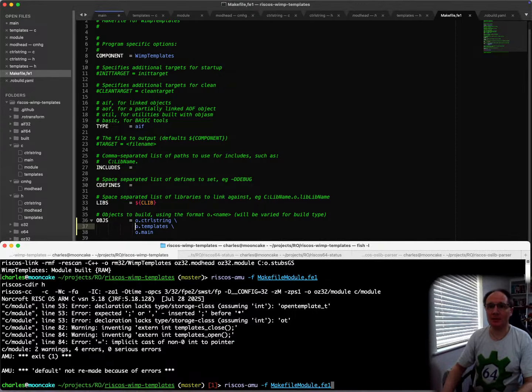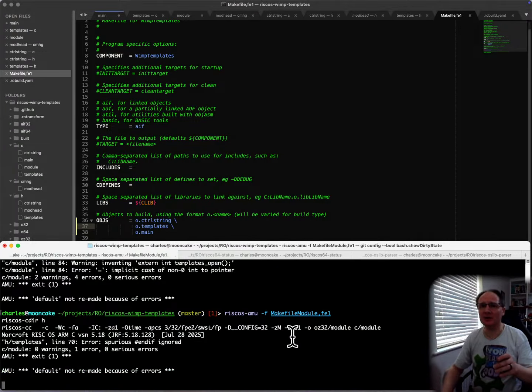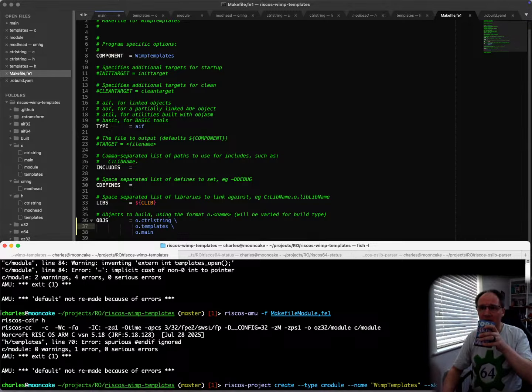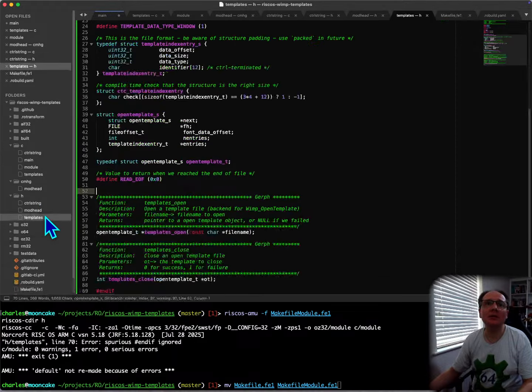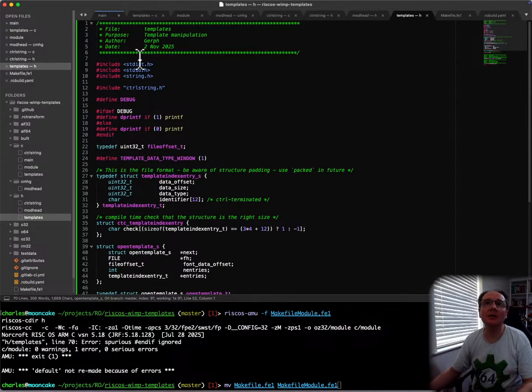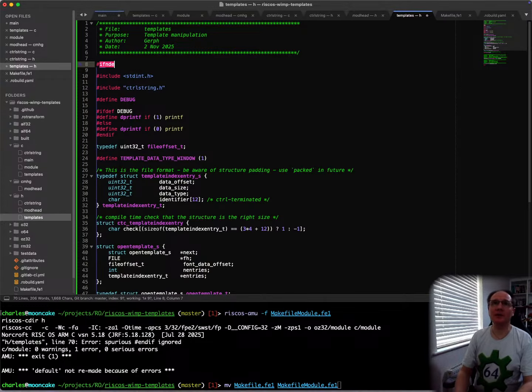There. Build that. Oh, that's building the module. I don't want the module yet. I want the other one. I want the main. I did get an error though in templates.h. Oh, I forgot to... I don't need stdio or string. I may need control string. If templates on the H,